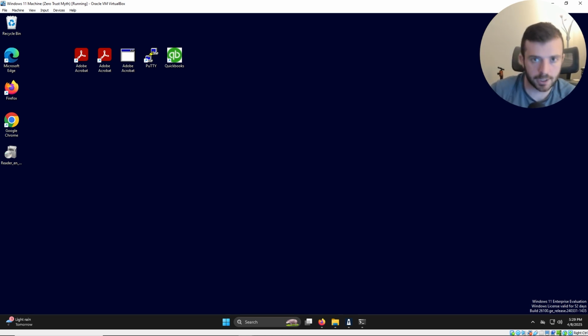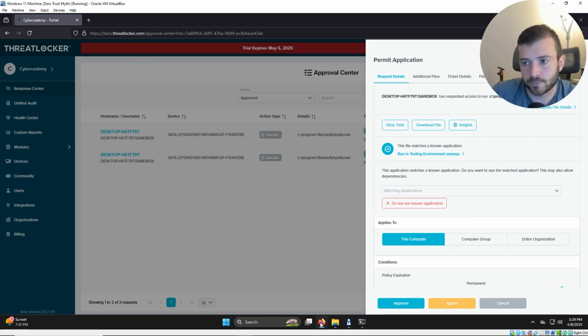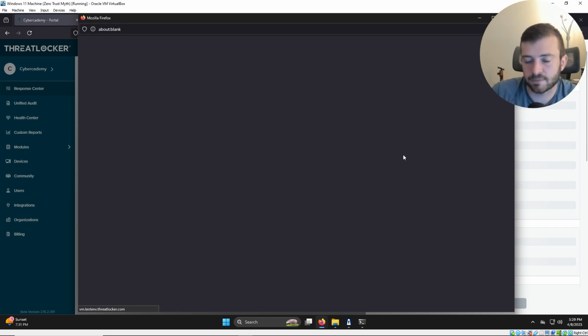So instead of just blindly trusting this solution here, or if you have a team of SOC analysts and you're looking to see what kind of threats are coming in, well, this is where those sandboxes can come in. So let's just say, for example, we were trying to execute a malicious PuTTY application, or we have also our malicious Adobe Acrobat installer. What we can do is go to our response center, and I can run this file in a testing environment.